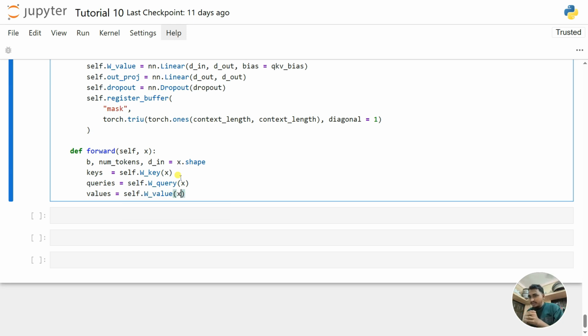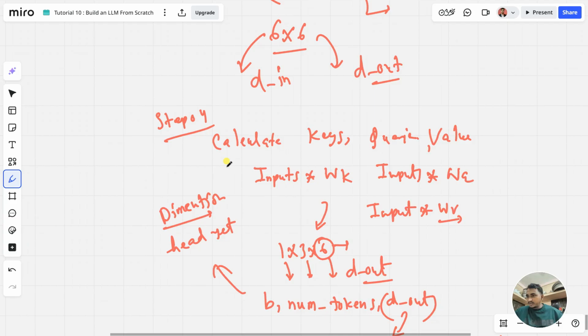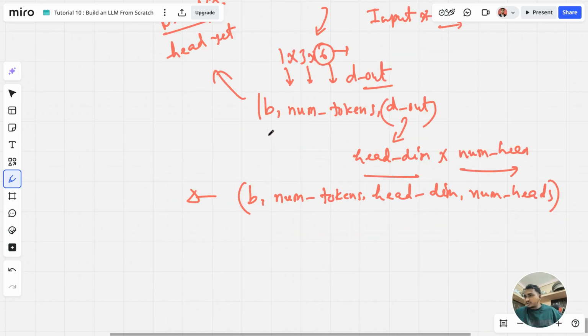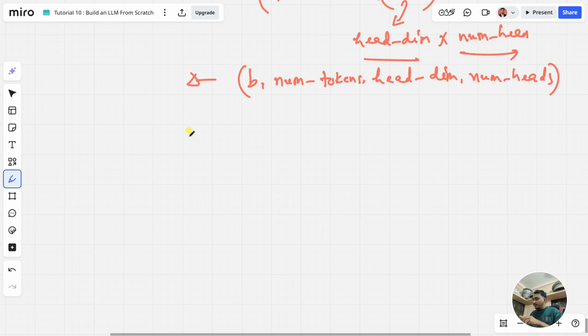Now the input shape is batch size, the number of tokens, and d out, because we're using the keys, queries, and values. Now in the next step, step number 5, we basically unroll the last dimension